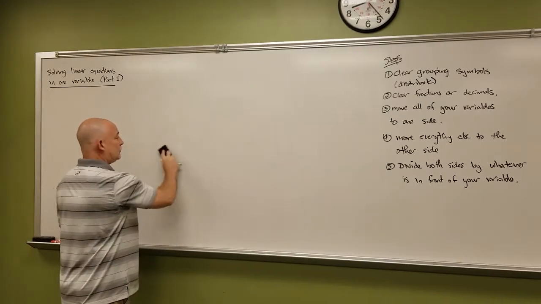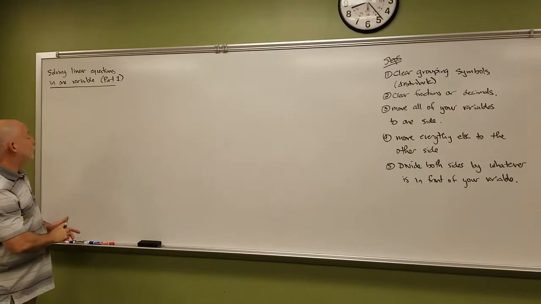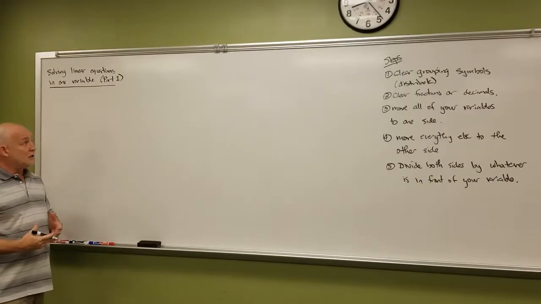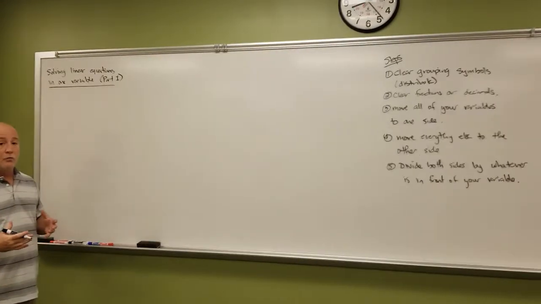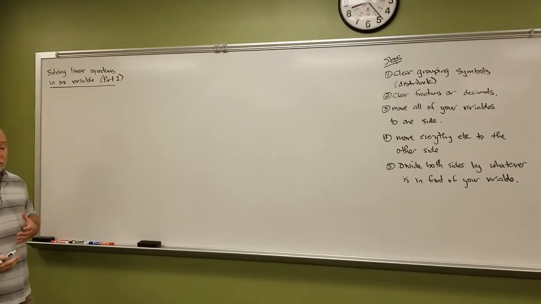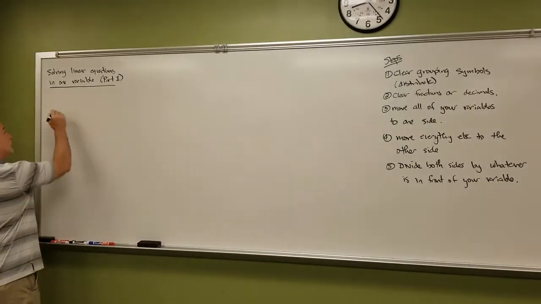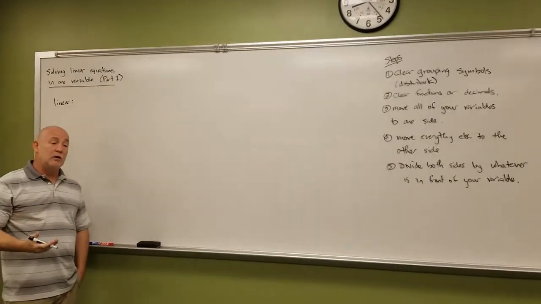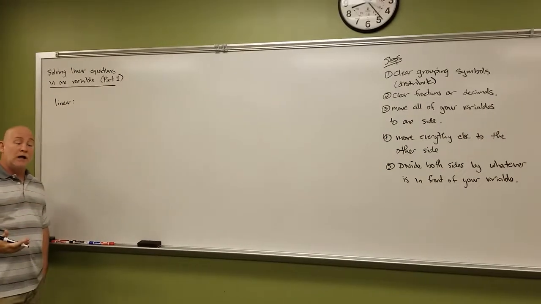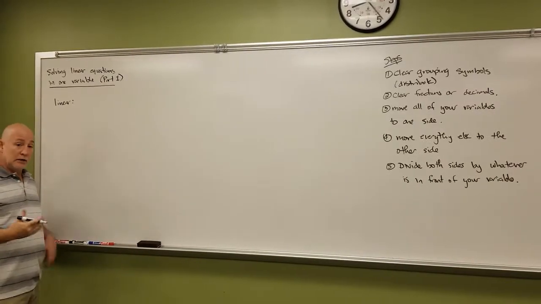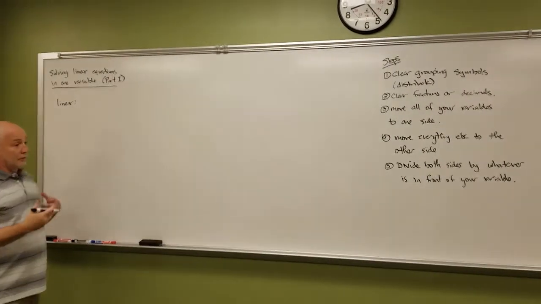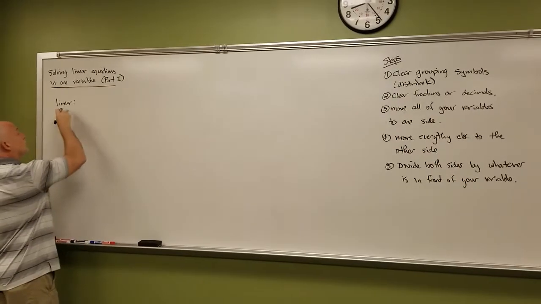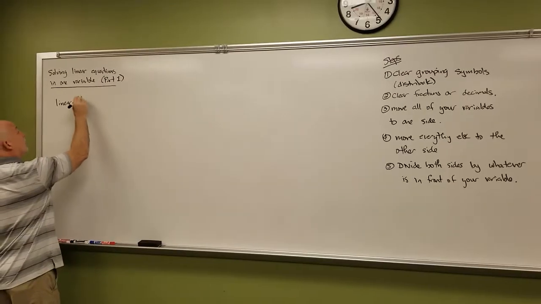All right, so the last thing we need up here then is, what does linear mean? Well, we said that an equation is anything with an equal sign. So that's very, very broad. So what we need to do is narrow down what types of equations we're talking about. And the word linear here is telling us what type of equation it is. Now, if I were to ask you what does linear mean, almost all of you would say, oh, it means a line. Well, it doesn't mean it's a line. It's related to a line, and we'll see a little bit later how it is related to a line. But for today, all we want to associate with the word linear is the